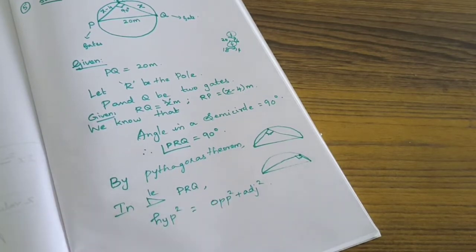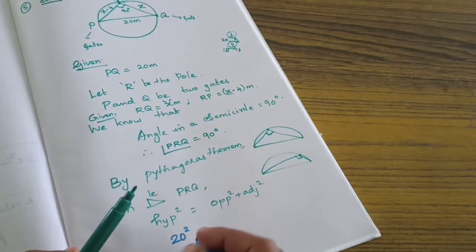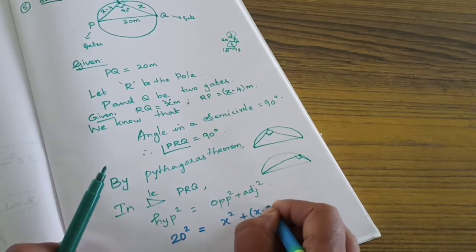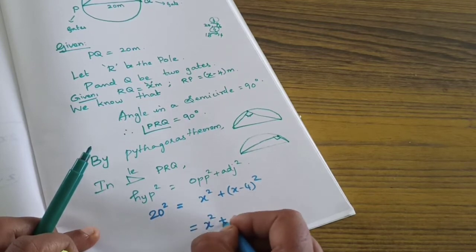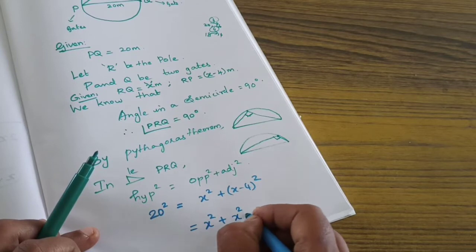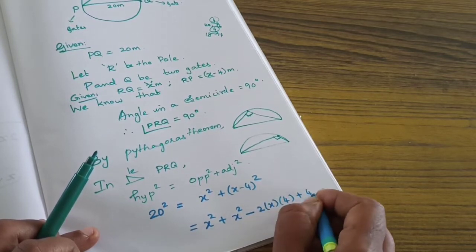So what is the hypotenuse here? This is the hypotenuse. So 20 square is equal to x square plus x minus 4 the whole square, and here we expand this using the a minus b the whole square formula,